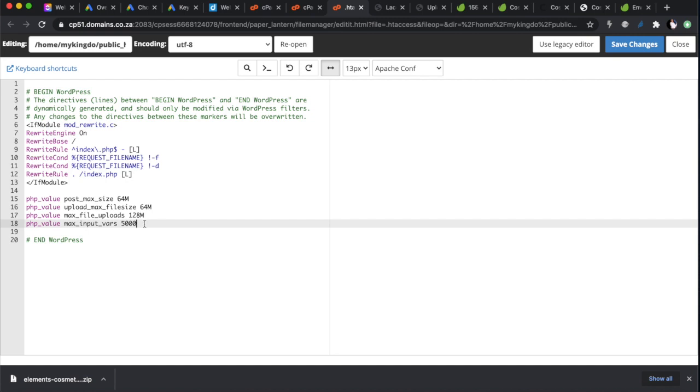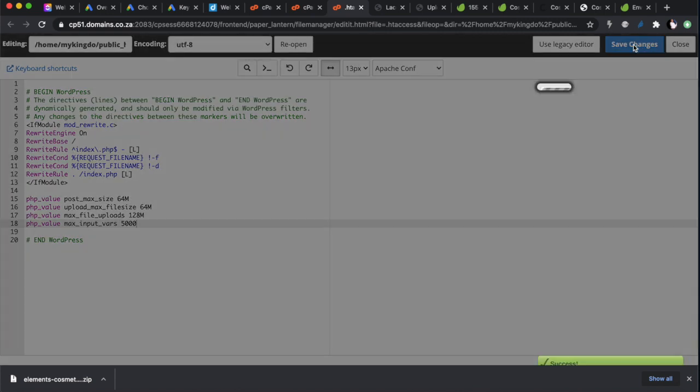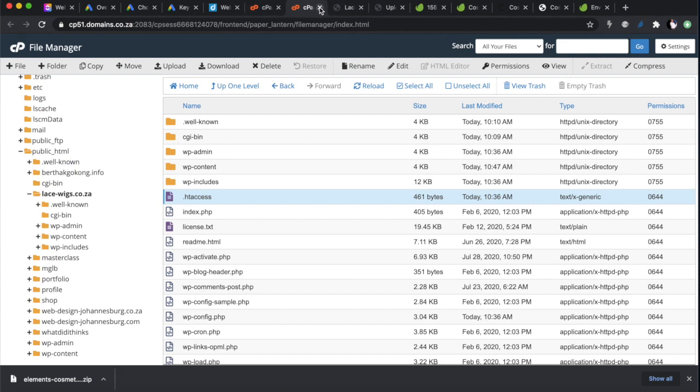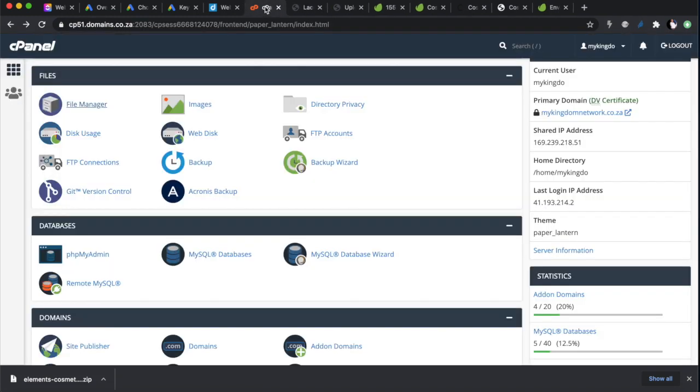What this does is it allows you to then upload bigger file sizes, and you're not gonna have an issue. I actually thought we would have an issue with uploading the zip file, but we didn't. Okay, but in case you had an issue, just come and fix this here and click save changes, and then you can close that, and you can close that, and you go back there, and then it's all sorted, right?